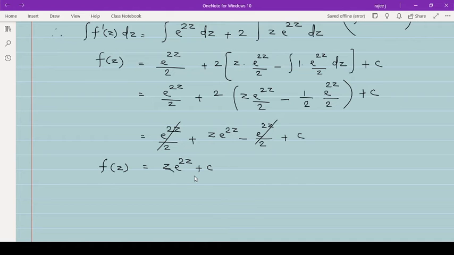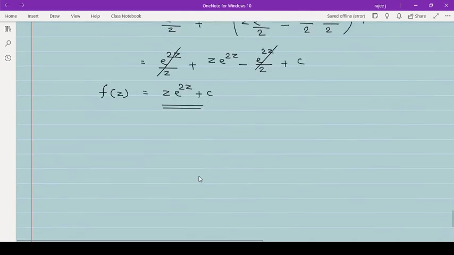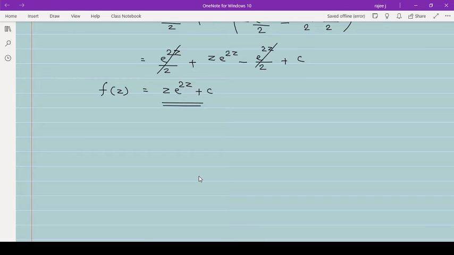Now what is asked is find v and prove that v is harmonic. Okay, so we need to get v from this one. So this way we can check our answer also, means whether we have done it right or not. So we have to get v from here. So to do that, to get v from here, what we do is f of z is equal, just replace this z with x and y.